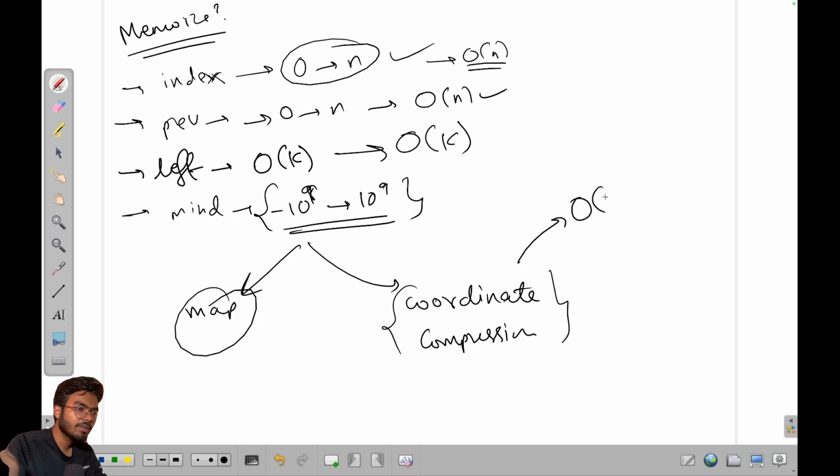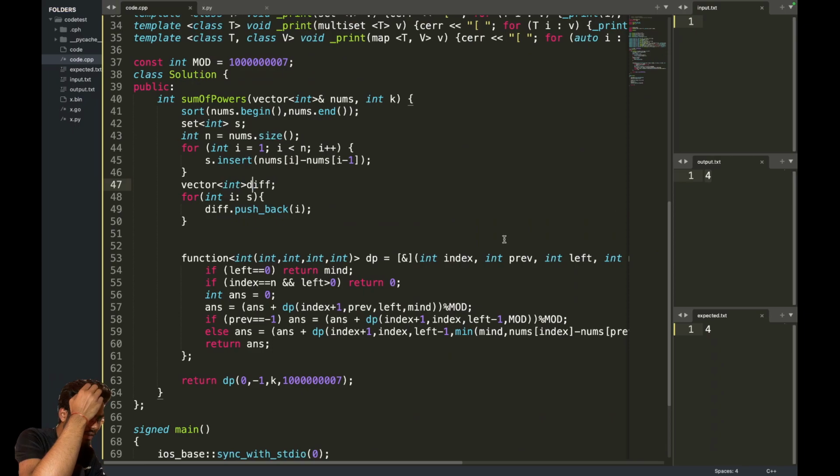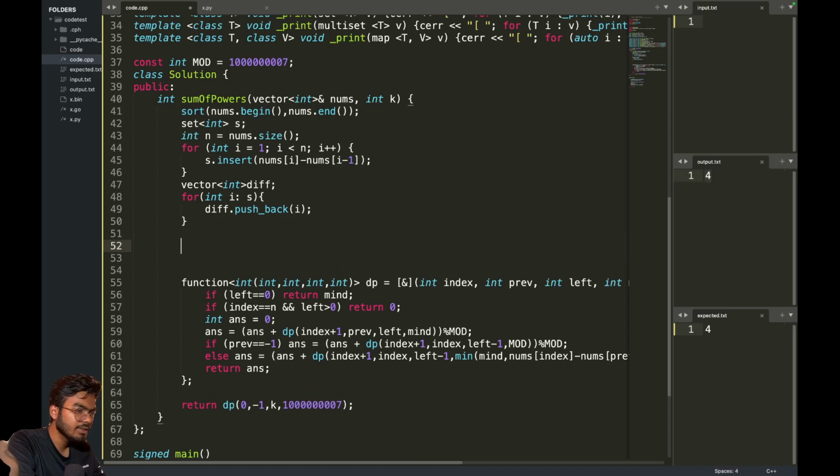So the number of differences is at most big O of n square, which is very small. So I can add them to a vector, and now I want to find the index at which each difference is present. Since I want to coordinate compress it,